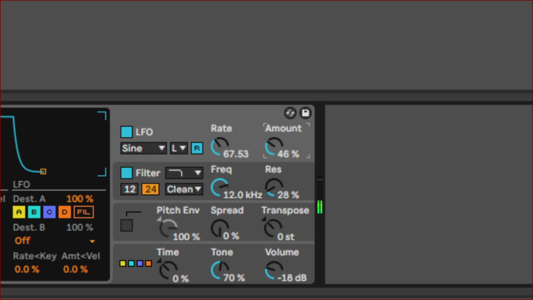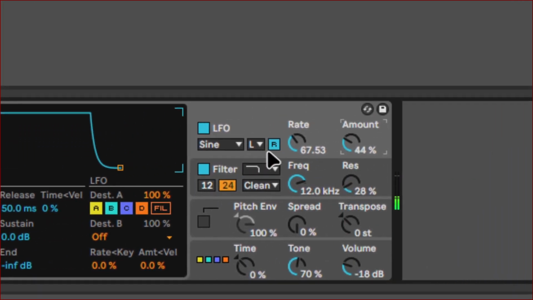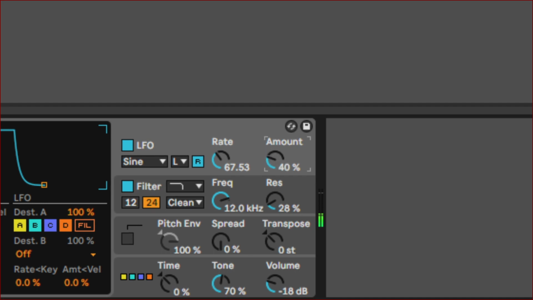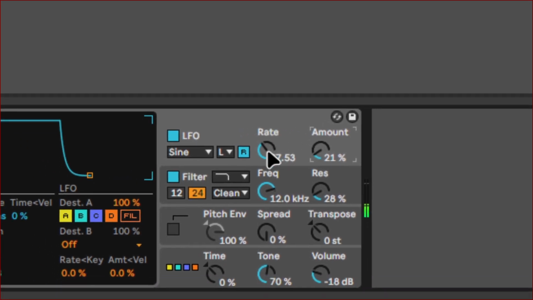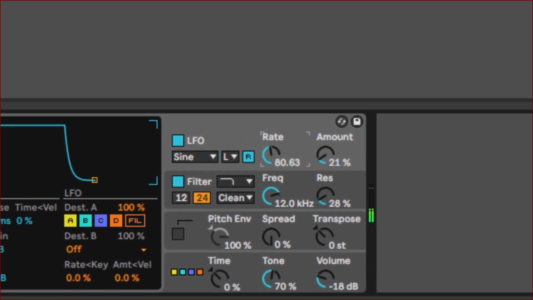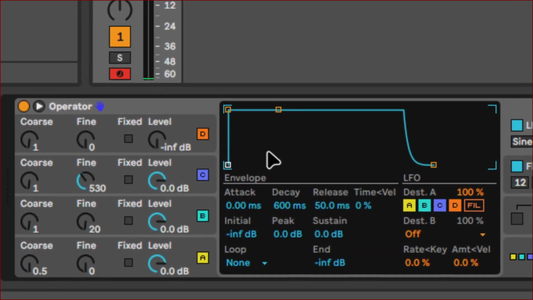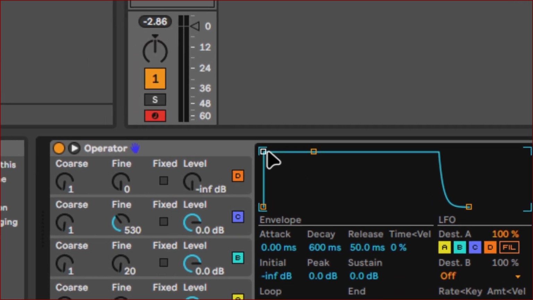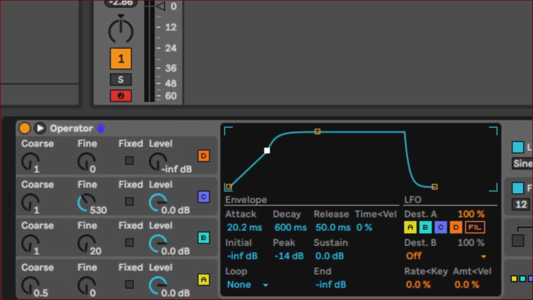That's basically how high or low in frequency it is oscillating our pitch. Let's just leave it on something like that. I'm basically trying to use it as like a vibrato right now. But what we have over here is an envelope for our LFO. As long as LFO is highlighted, this window will give us